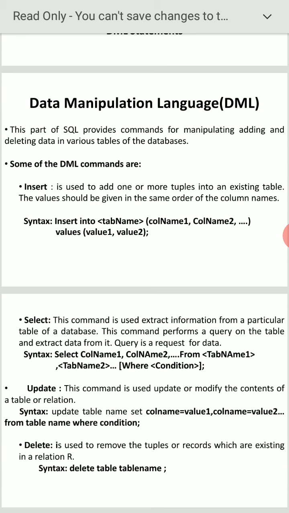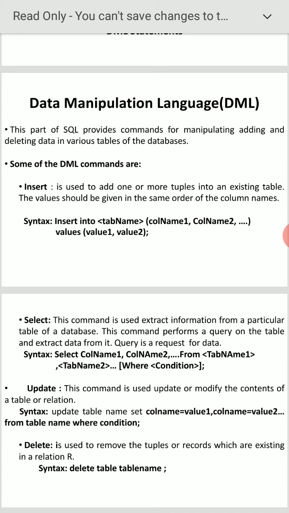By making use of insert, we can add some more tuples or records into the existing database. Already I gave the syntax here. Next, select. Sometimes I want to extract some information; that can be done with the help of select. Already I have given the example for that.